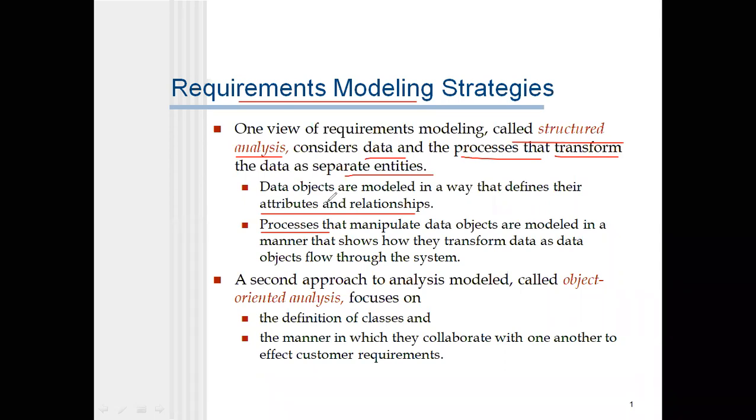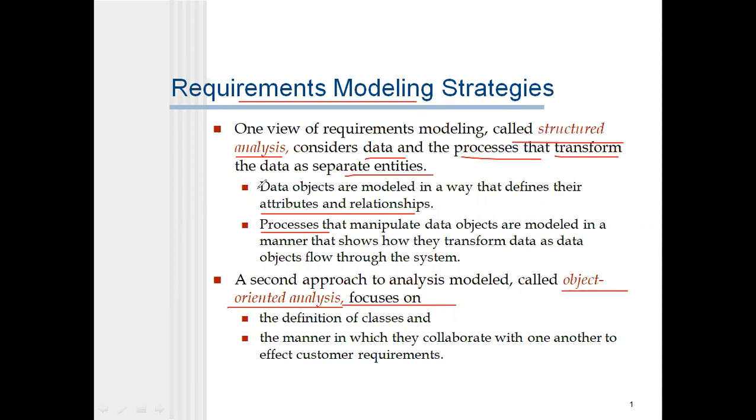If we go for the second one, the second approach is object oriented analysis. This is one of the requirements modeling approaches.